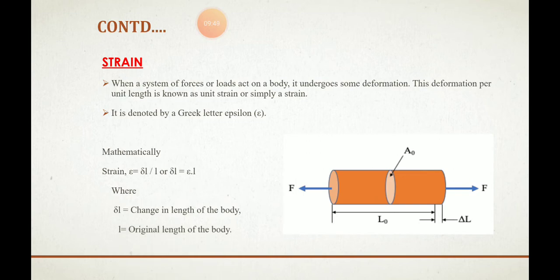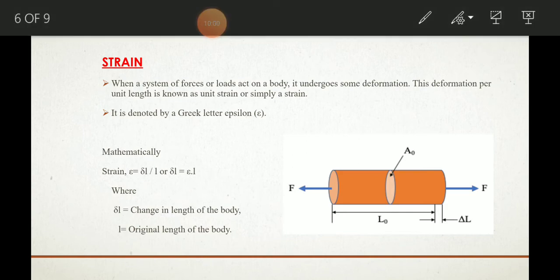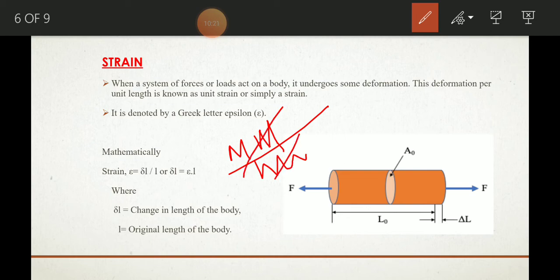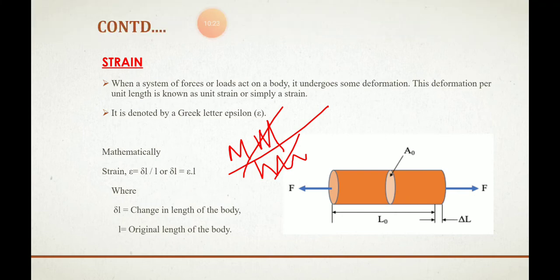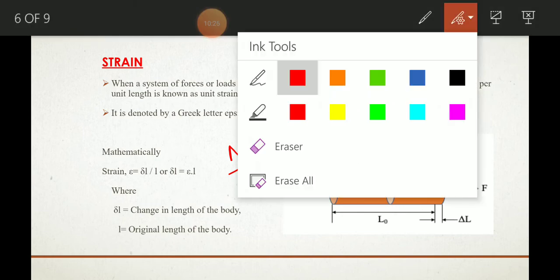Can you tell me what will be the unit of the strain? Can you guess the unit of the strain? I hope you guessed it correctly. Strain has no unit. It's a unitless quantity. How? Because delta L is the length. What is the unit of length? mm or meter. I will take mm divided by again L. L is again the length. Unit is mm. Correct? The mm gets cancelled, and we remain with no unit. So strain is a dimensionless quantity and it has no unit.